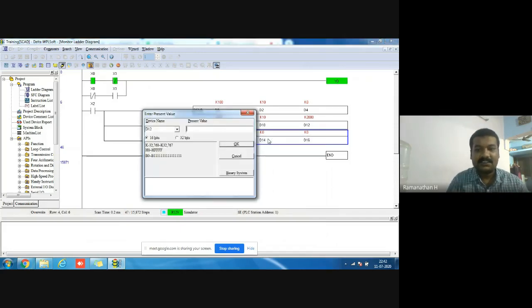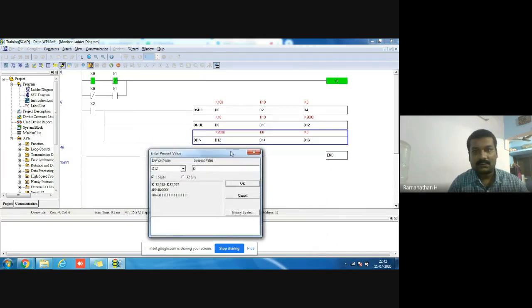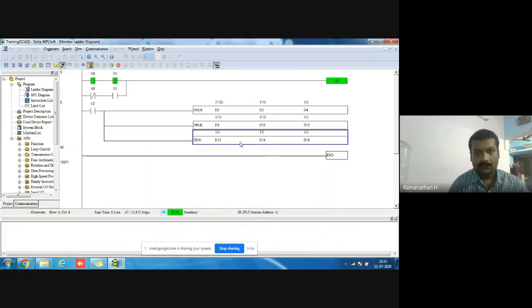I will explain how it will work. Fine. Okay, I'll divide it by 5. Now I turn it on. What happens?